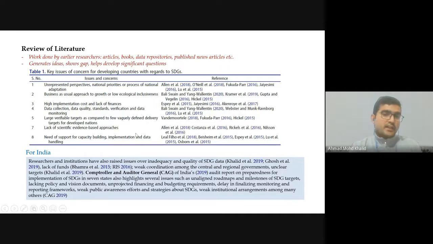So one can tabulate the literature review, you can cite the references, and you can say that these particular studies or references talked about these issues. And you can also write in terms of simple paragraphs. You can simply take Allen et al. and write in paragraph form. So this can take both formats. And you're generating ideas, you are able to find out the research gaps from the existing studies, and that will help you select a good topic which is significant.